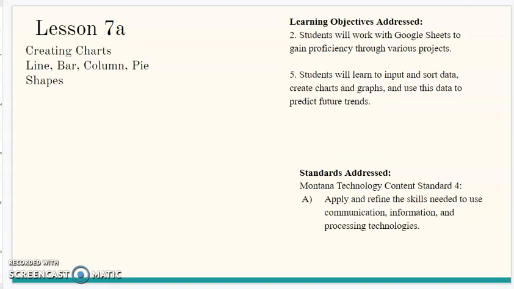In this Google Sheets Lesson 7a, I'll be going over creating the different types of charts or graphs: line, bar, column, and pie. I'll also be going over shapes and how they're inserted in Google Sheets. And this is to address learning objectives 2 and 5 from our syllabus,